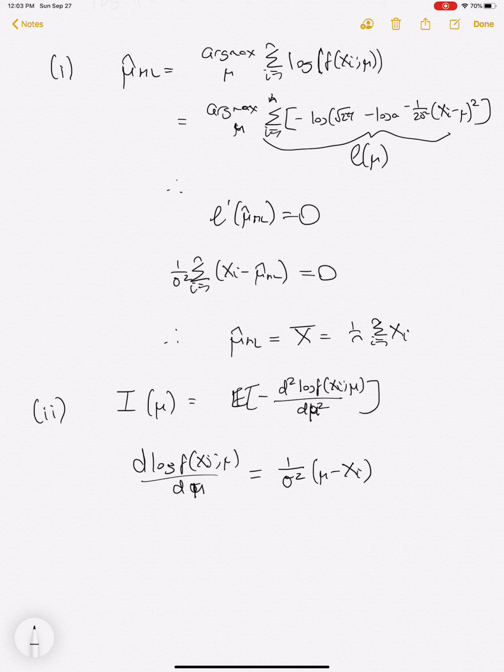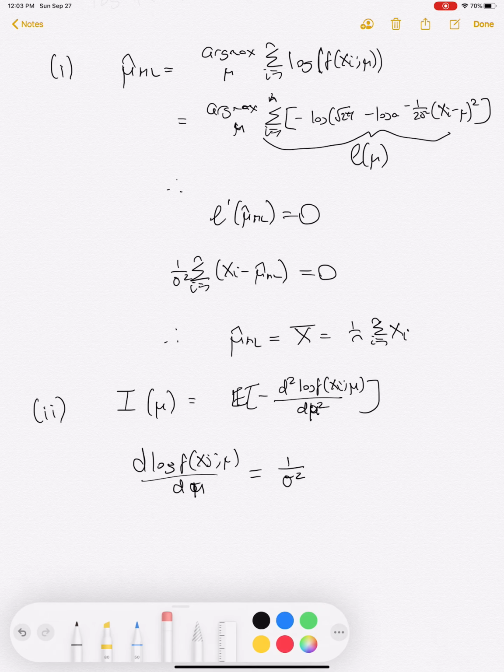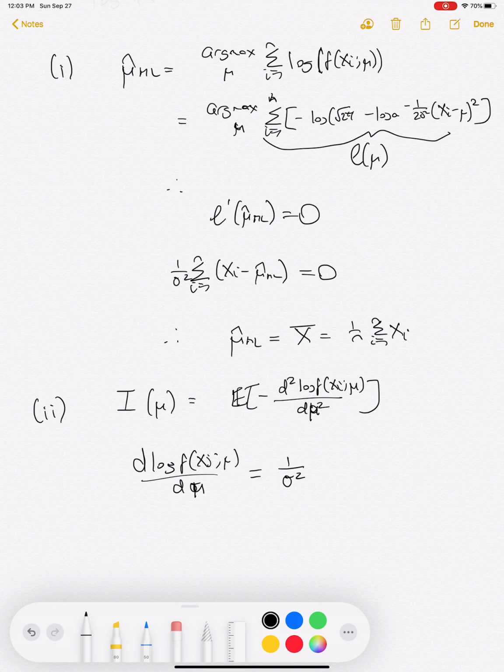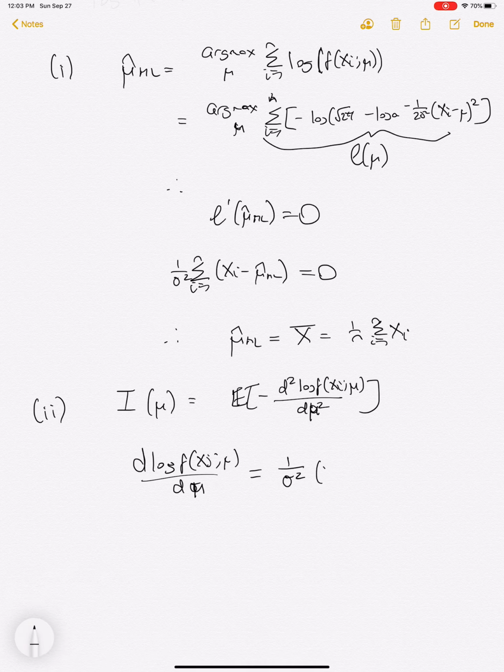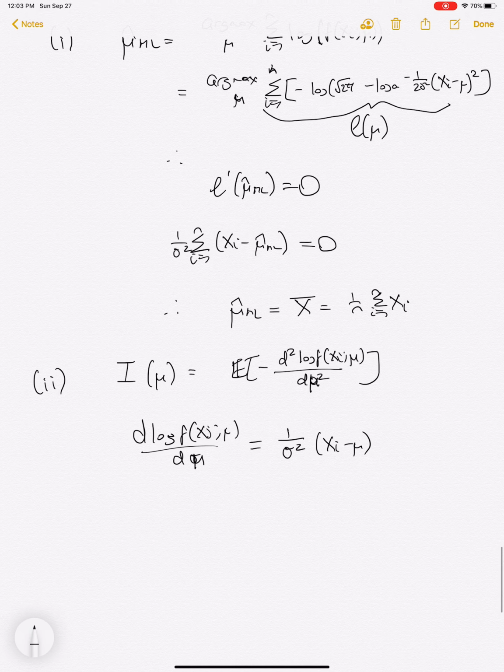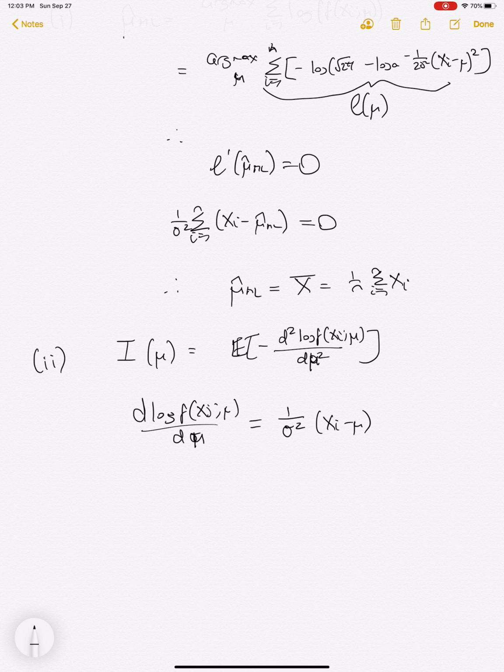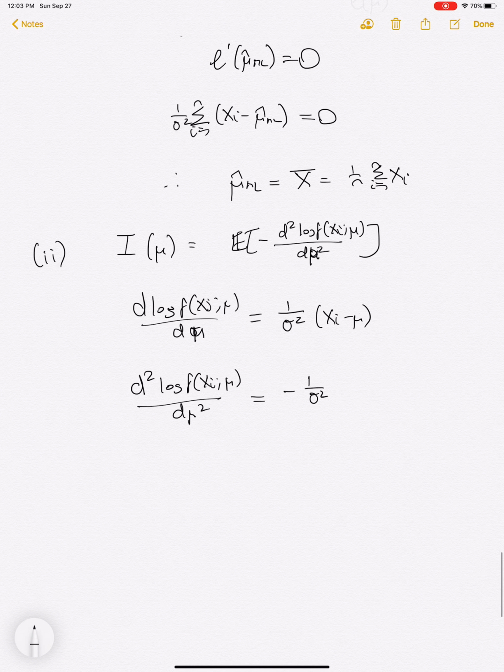Let me check that that's correct. You get a negative for what's inside, and then another negative. So I believe it should actually be 1 over sigma squared times x_i minus mu. And then if you take the derivative again, you should just get negative 1 over sigma squared. So therefore,